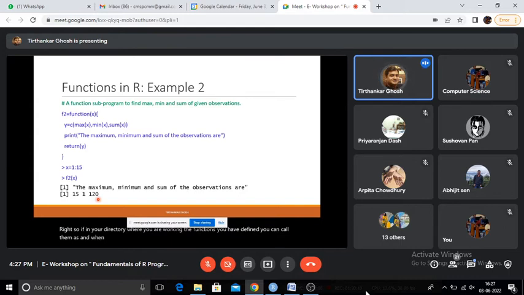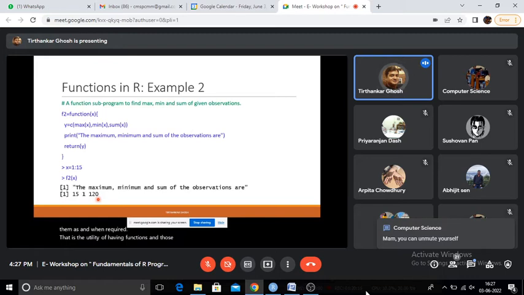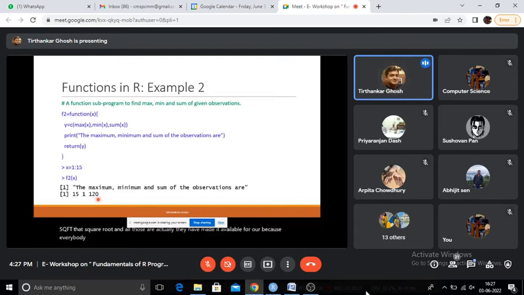That is the utility of having functions, and those we are already using like abs and sqrt, that is square root, and all those, they have made it available for R because everybody uses this. But if you need some functions which will be specific for your work, you have to develop that one.